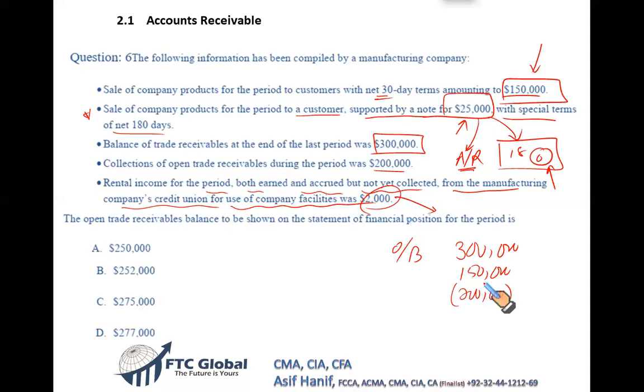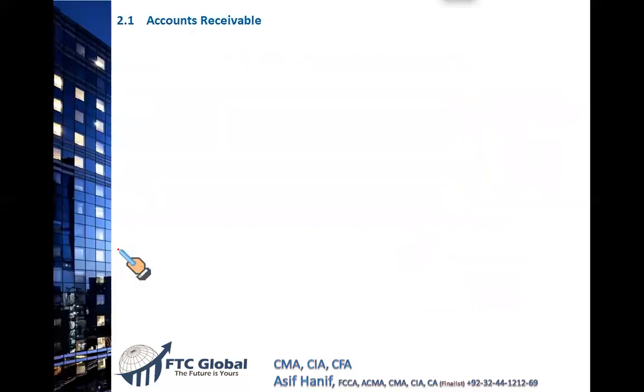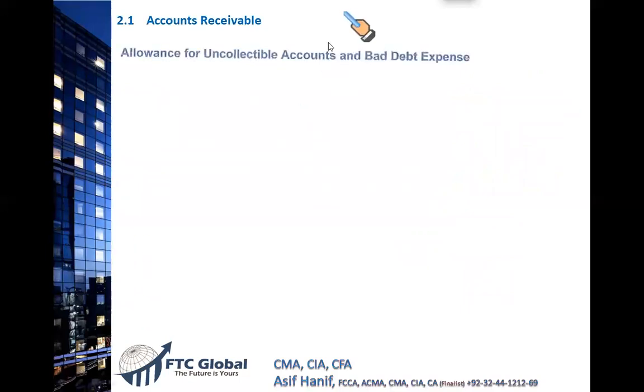It cannot be included in your accounts receivable. So this was just an item given just to confuse you guys. So what you have basically is 450 less 200. So it's going to be absolutely, Salman, you're right. It is $250,000. So this is the amount of your receivables at the end of the period. 250. All right. Then now let's move on to what we were supposed to do.